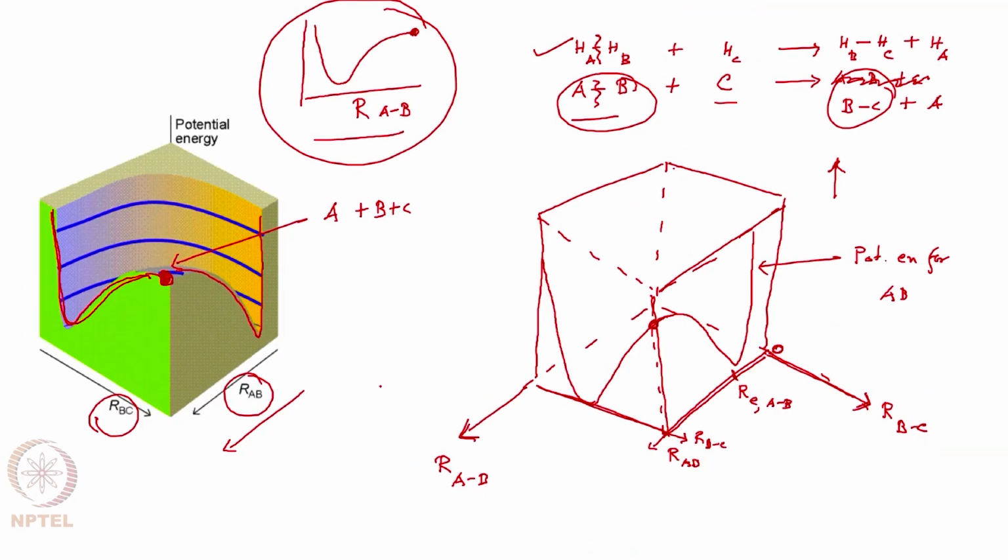Let us show it on the other diagram. So one path could be like this, and then going to the other way. We are talking about an AB to BC reaction. So we start from here, and then we go from here, and then we end up here. So we are starting from the AB well and going to the BC well through an intermediate where you have dissociated all the atoms. So basically you had A plus B plus C. But this will be very much energetically unfavorable, because as you can see here on the potential energy surface, you